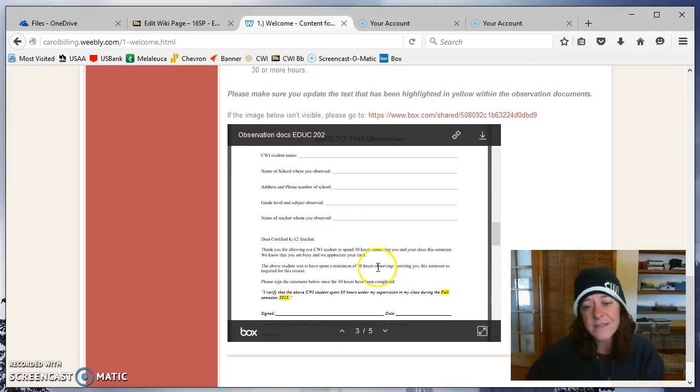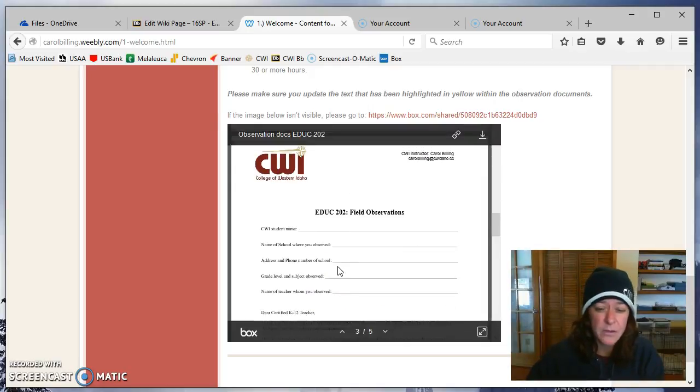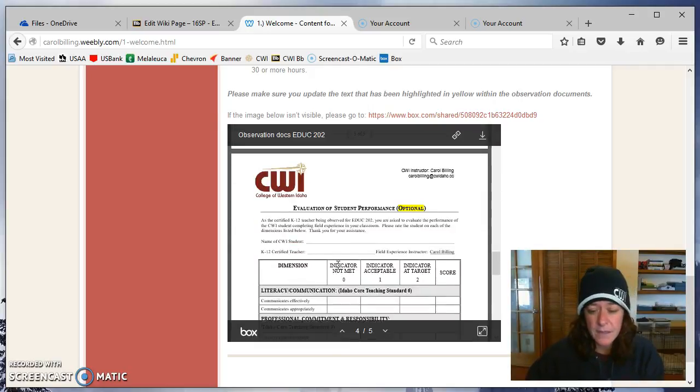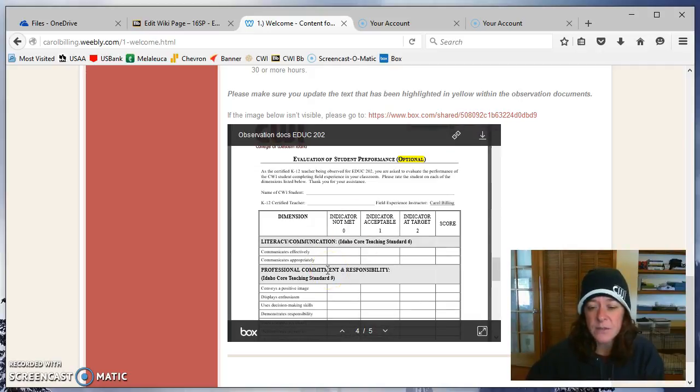This is nice if you have a class later on where they want to verify that you spent time in a classroom. You can say, yeah, I did, and here's the verification form. So you can give them that or the time card, either one. All right, this page is optional, and it's just a place where the teacher can talk a little bit about